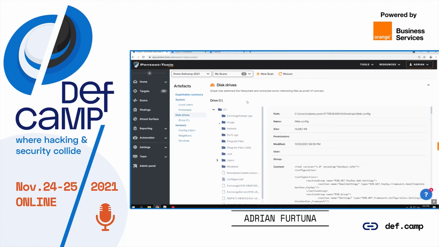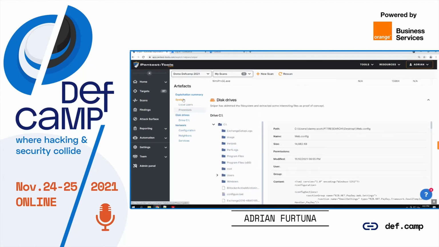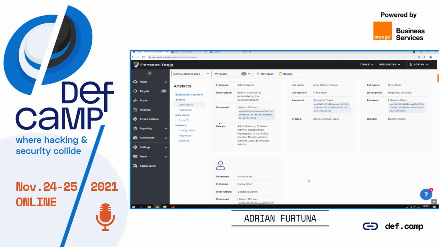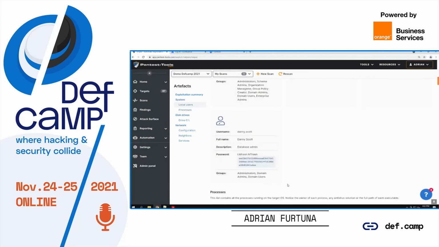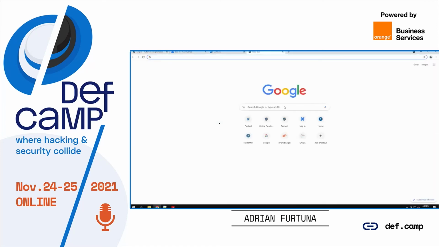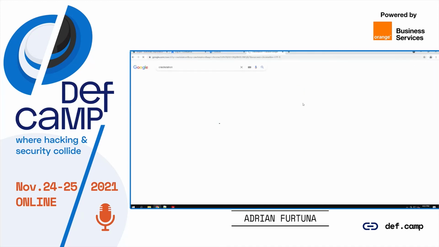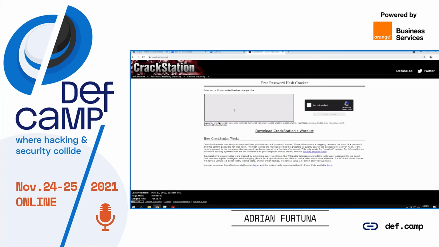And the final thing that I wanted to show you: let us see what we can do with these password hashes. So, for instance, if we get the NT hash here, and we put it in a free Crackstation, a common password cracking site.